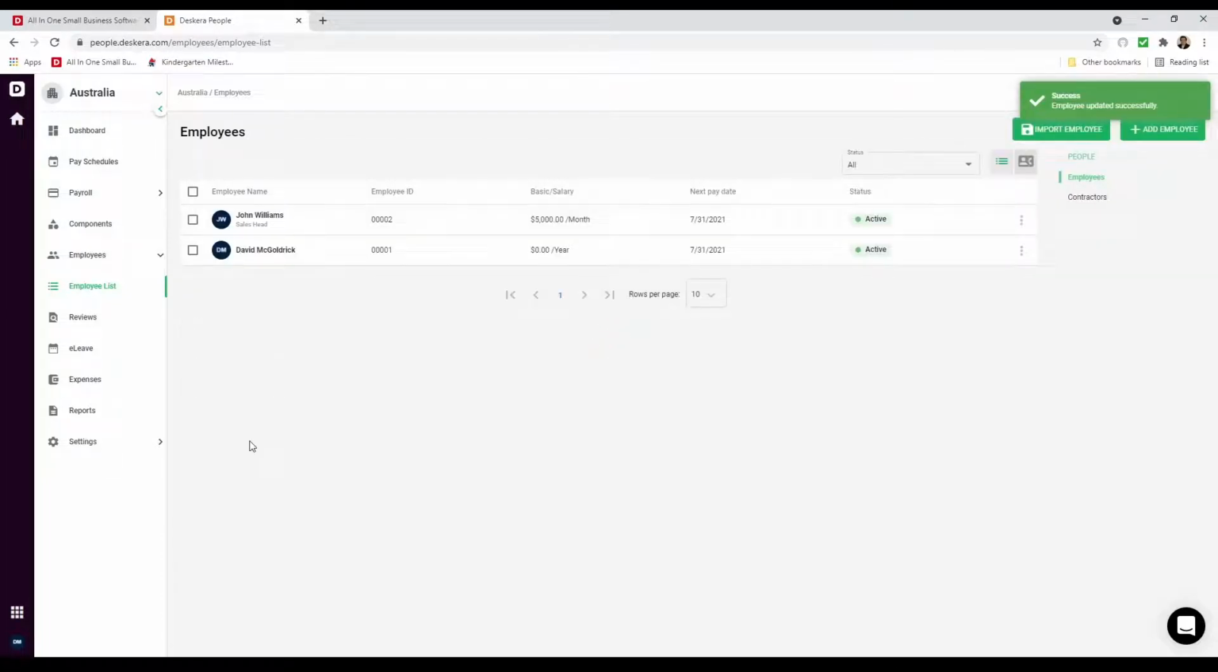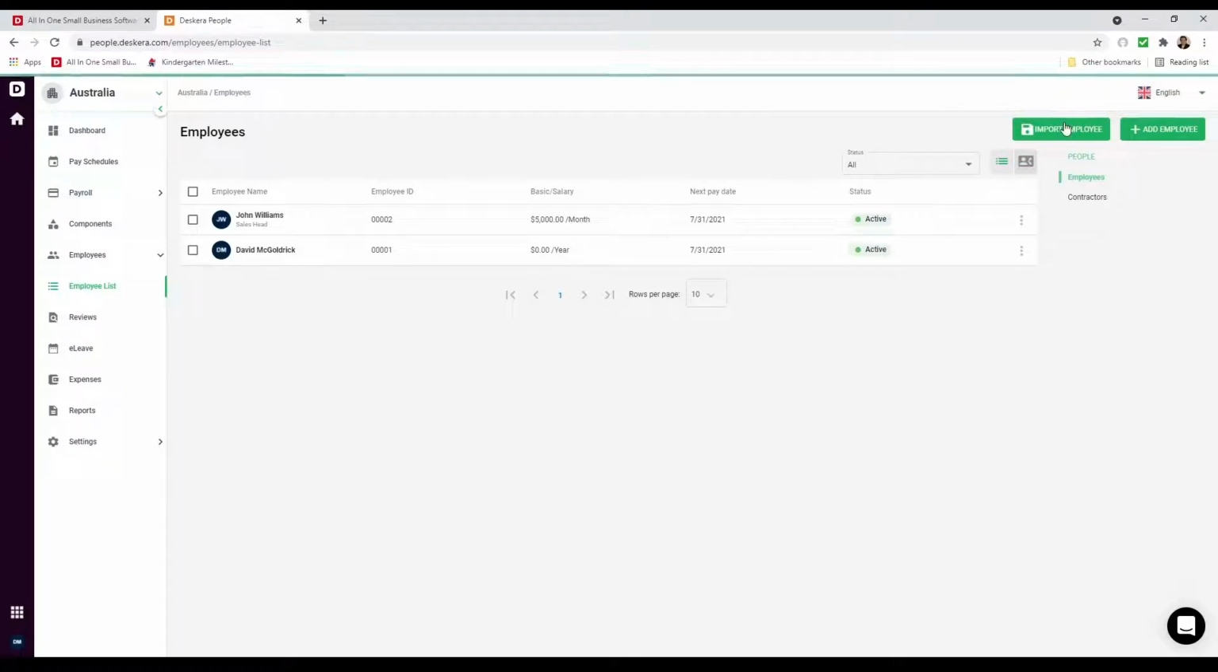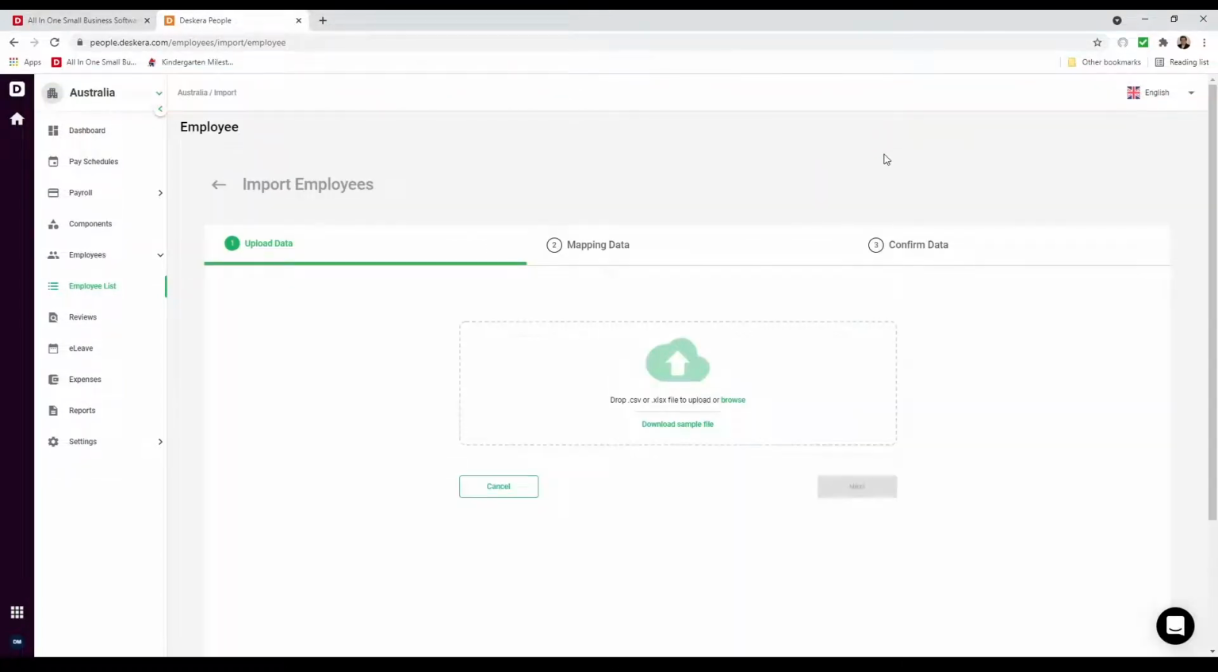Now, if you have lots of employees, creating them one by one can be quite painful. So let's click on the Import Employee. Inside here, if you have your own employee file, you can just drag and drop into here, so long as it's a CSV or an XLSX. If not, you can download the sample file